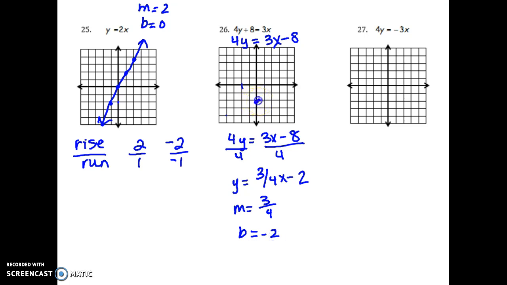So I'm going to start here at negative 2, and I'm going to rise over run. So rise would be 3, run would be 4. Rise 3, 1, 2, 3, run 4, 1, 2, 3, 4. Or I could go down 3, 1, 2, 3 to the left 4. Okay, and I draw my line. All right, 27, if I